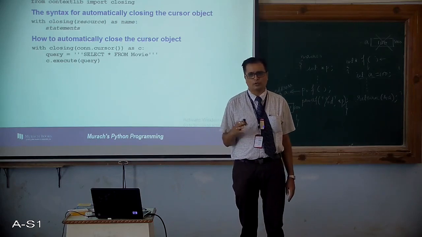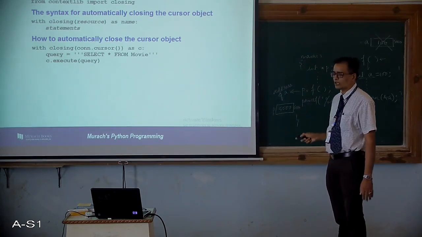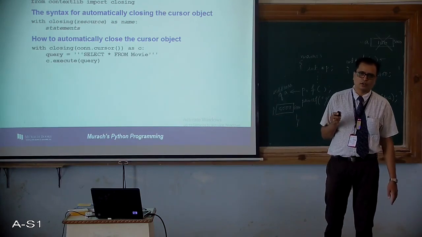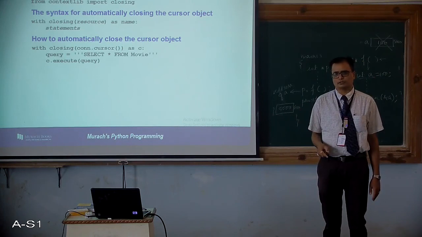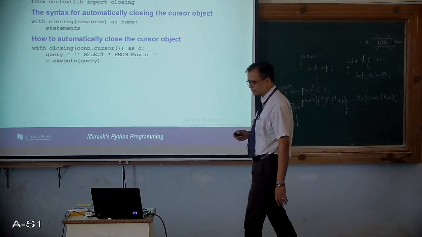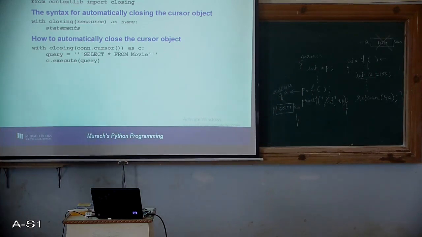To help programmers close the cursor in a better way, there is a special kind of command which will help you to close the cursor automatically. You can relate this to files in C, where after all the operations are performed with the file, you close the file. Similarly, after using a cursor for executing a set of statements, you can close the particular cursor. The syntax for automatically closing the cursor object is: with closing cursor as name, with closing resource as name statements. This is an example: with closing connect cursor as